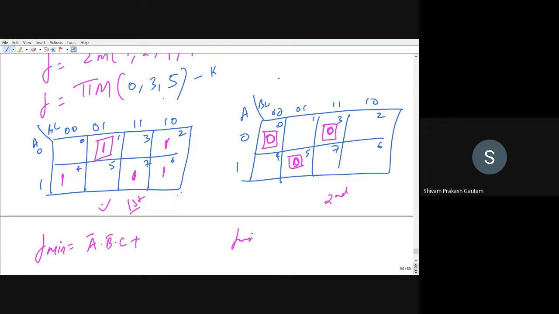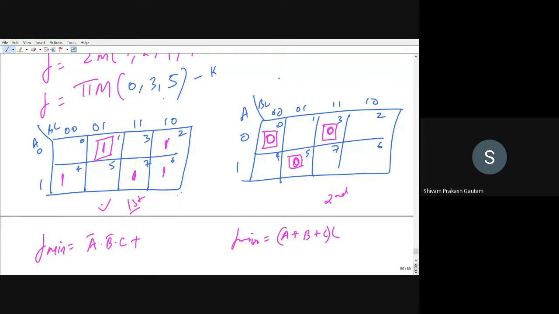F minimum. So first we will write for the zeroth cell. Zeroth cell, A is 0, so A, simply A, plus B is 0, C is 0, so that is B plus C. B plus C multiplied by cell number 5.